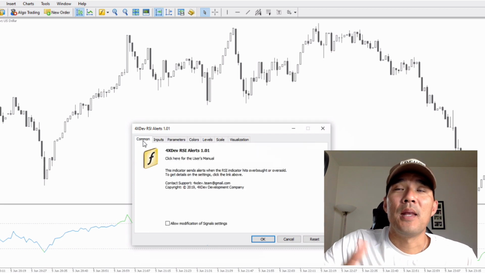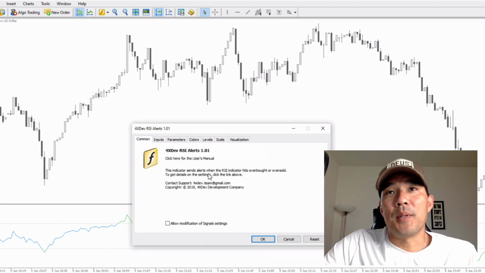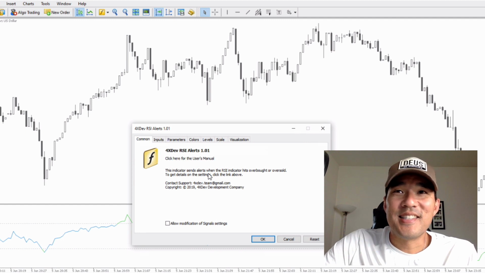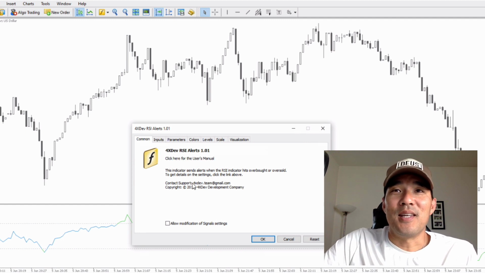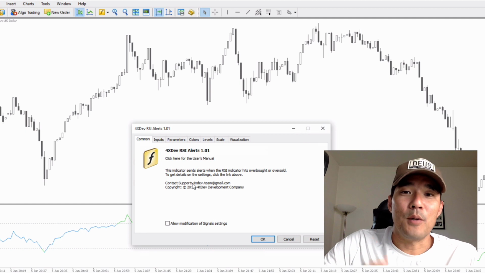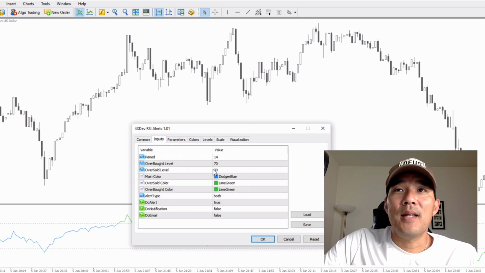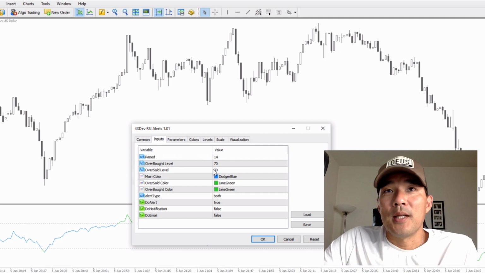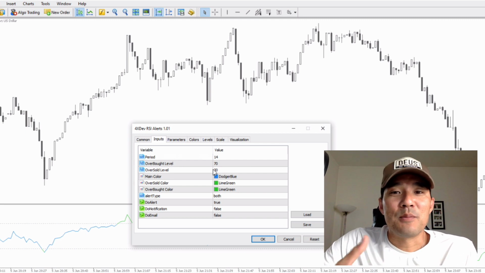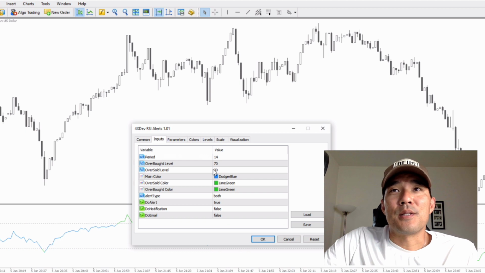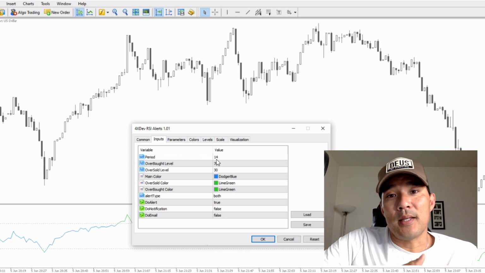On the Common tab, it'll show you a little bit about what this indicator does, and then you can get the contact support email if you have any questions. From there, you go to the Inputs tab, and then you have some pretty straightforward settings, but let me explain it real quick. So the period is just the number of candles that it looks back in order to calculate